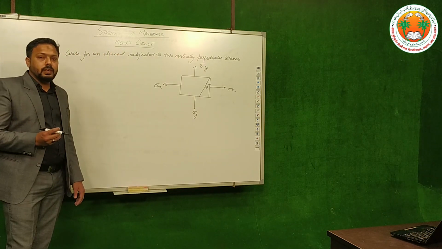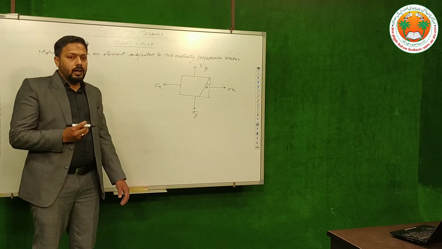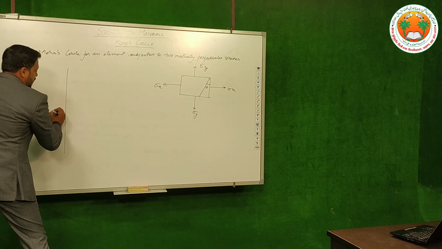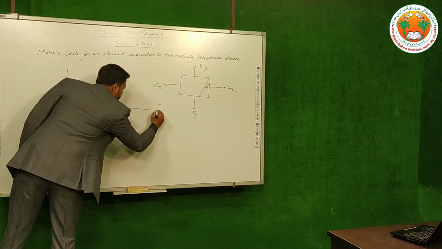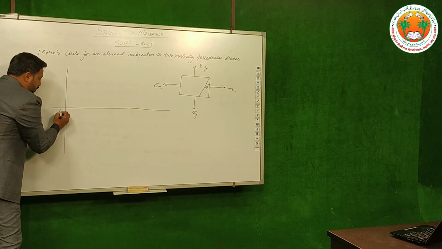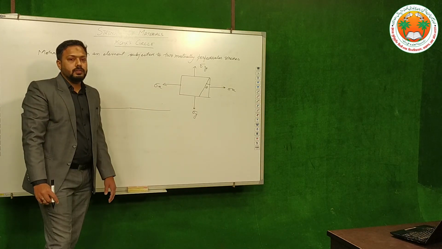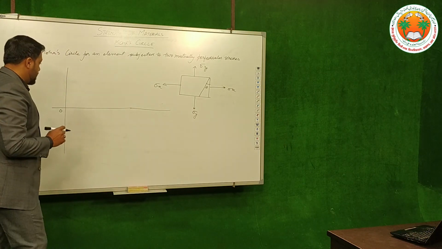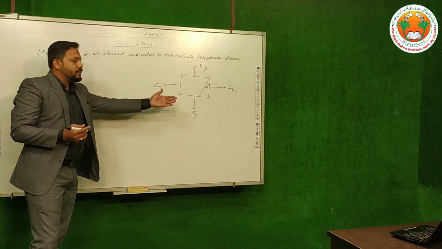Before drawing the Mohr circle, first of all we have to scale our units, and we have to draw the two axes, that is the y axis and x axis. After drawing the x and y axis, we will point out the origin and we will see the value of both the stresses sigma x and sigma y acting on their respective planes. So first of all we will scale the stresses.